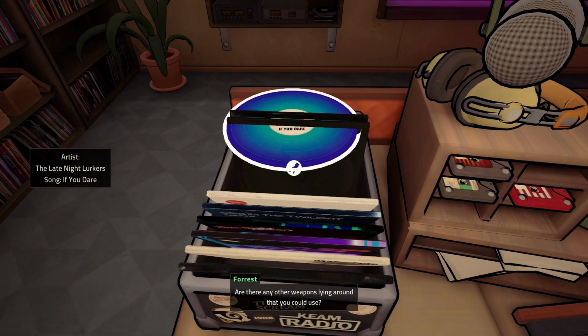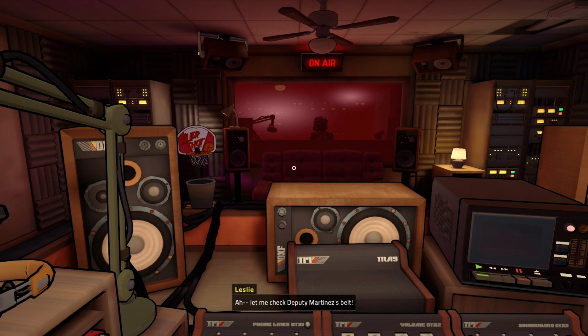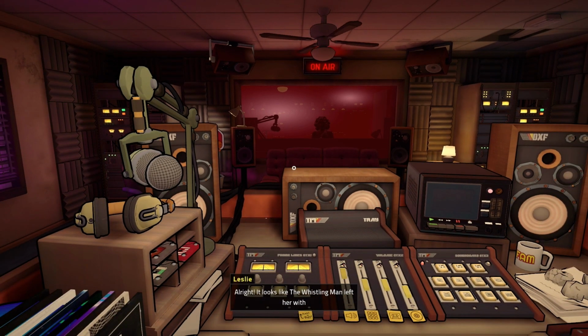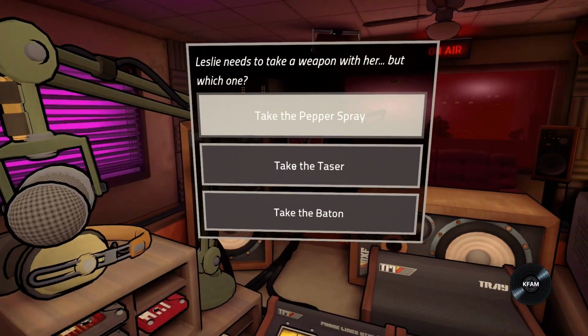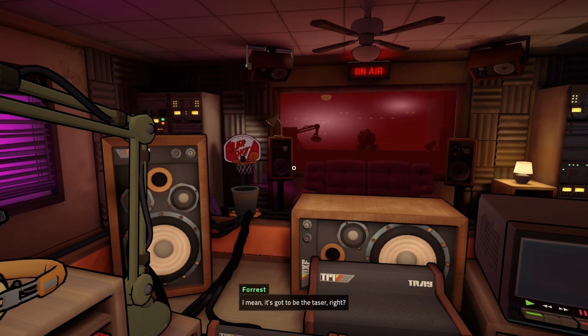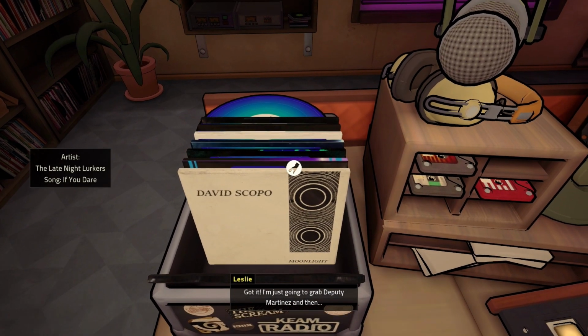Are there any other weapons lying around that you could use? I didn't see anything earlier. Let me check Deputy Martinez's belt. All right. It looks like the Whistling Man left her with a baton, pepper spray, and taser. I can only hold one if I'm carrying her. What should I take? I mean, it's got to be the taser, right? Got it. I'm just going to grab Deputy Martinez and then...